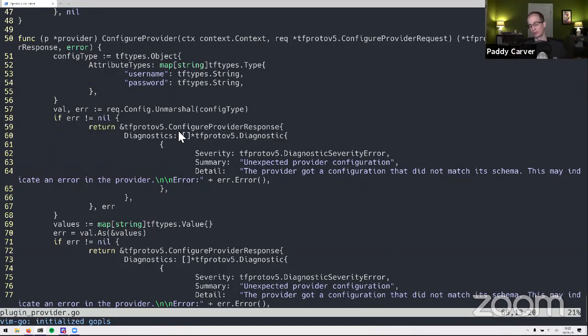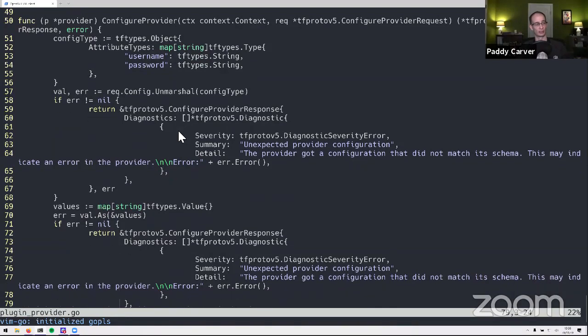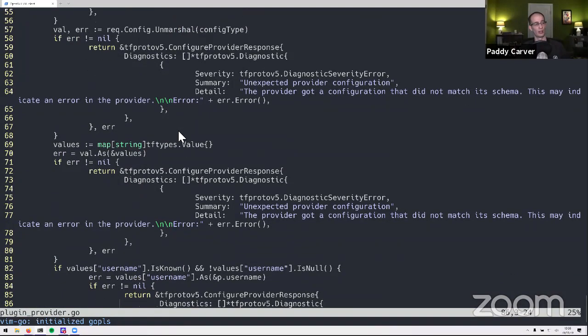Why do we keep using values all over the place? I really wanted them to be Go types. I really wanted this to be like .as in map string string, and you get a map string string out of it. Unfortunately, Go's type system doesn't map well to Terraform's type system. Terraform's type system has the concept of an unknown value, which is like, I don't know what value this is going to be. I know what type it's going to be, but I don't know the value yet. And Go's type system has no way to represent that using built-in Go types, unfortunately. So that's why we've got to wrap everything in values so that you can check whether things are known or unknown, which we do down here.